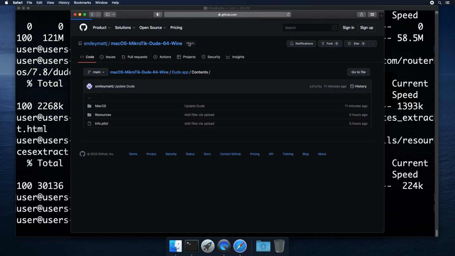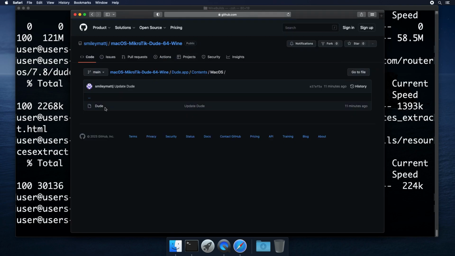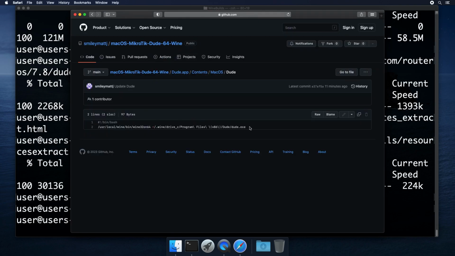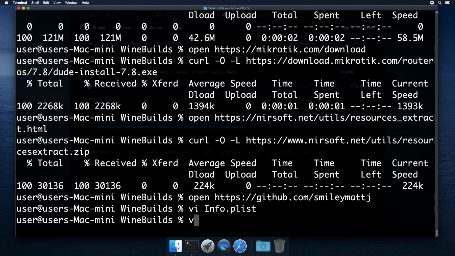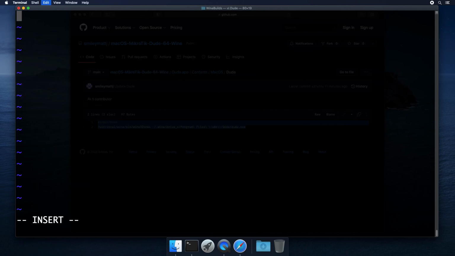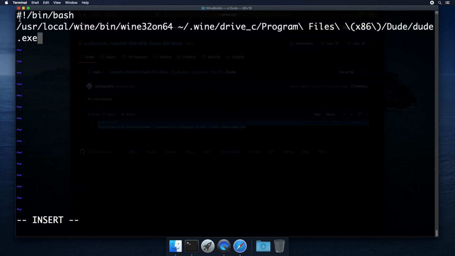The next one we'll need is the bash script that actually executes. So you can see this is a bash script. You may need to pay attention to this.